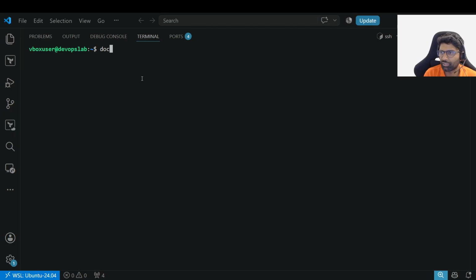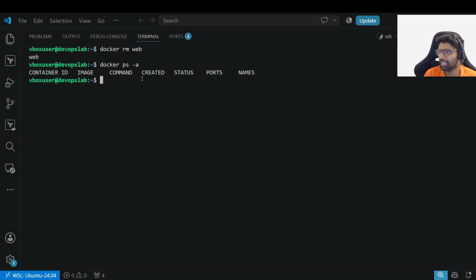Command 10, docker rm. If I actually want to remove my web container, now I can run this command, docker rm web, press enter, container got removed. Now once again I will run docker ps -a, our container is gone completely. So docker stop will just try to stop the container, but docker rm will delete the container completely